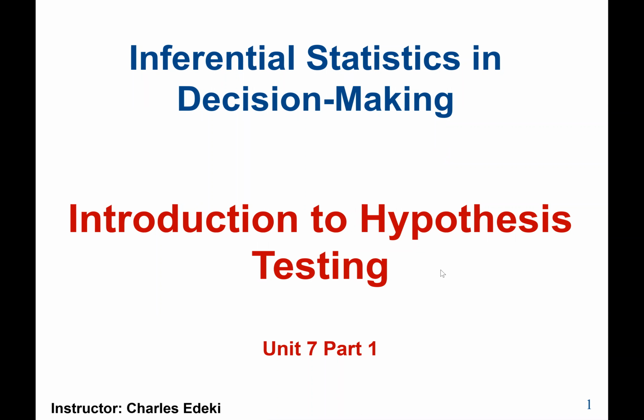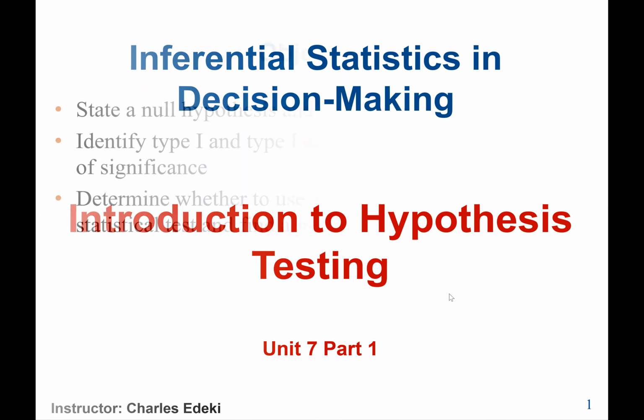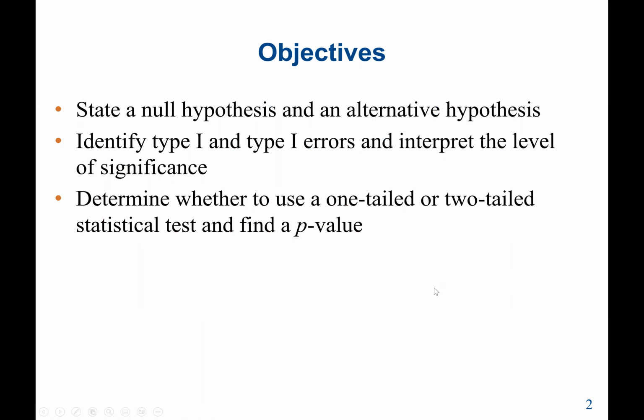This lecture has covered the introduction to hypothesis testing. Our main objective is to go through the steps in performing hypothesis testing. So, for example, we are going to learn how to state the null hypothesis and the alternative hypothesis. We're also going to learn how to identify type 1 and also type 2 errors. And also we are going to learn how to determine whether to use one-tail or two-tail tests and how